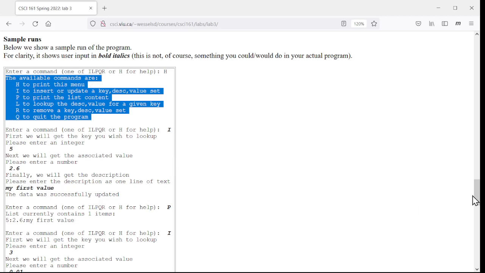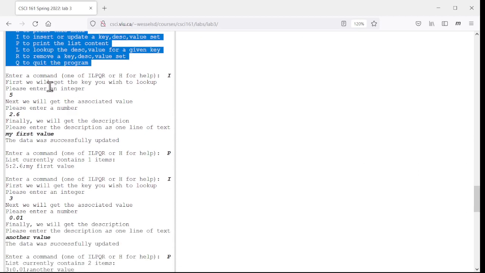And again, you can run through a sample run here where it just asks for a command. If it's an insert, it asks them, okay, give me the key, give me the value, give me a description, does the insert, and lets you know what happened, whether it succeeded or failed. So again, you can have a look at this, but let's try a bit of a play with